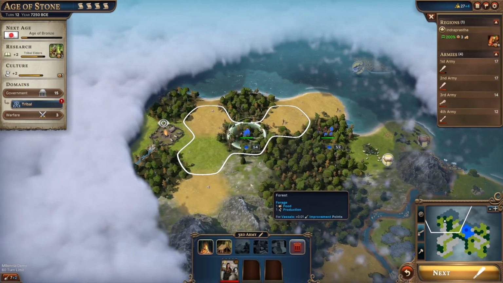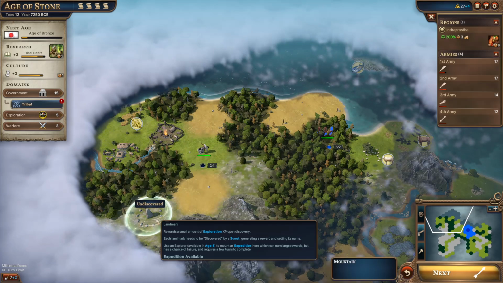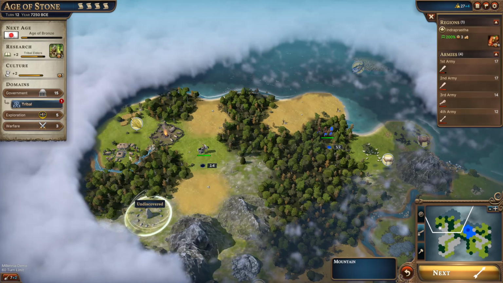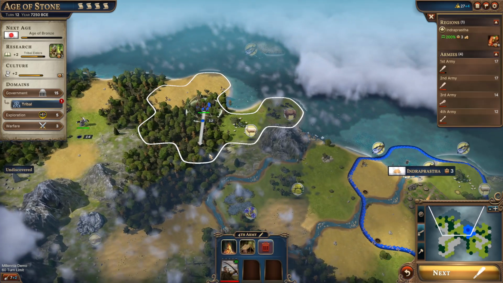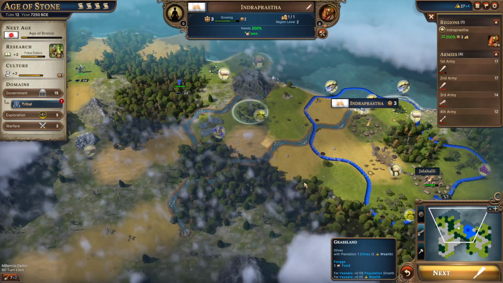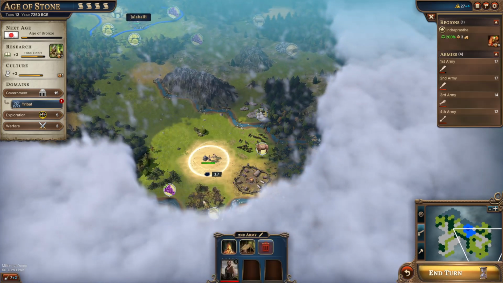Barbarian camp. Ooh, there is a goodie hut and an undiscovered landmark. So let's go for the goodie hut first and then the landmark. And we continue moving our archer to our home base here. And this guy here is going to...